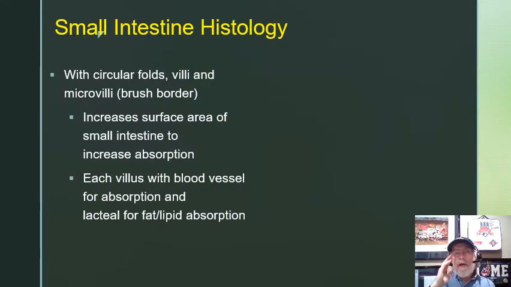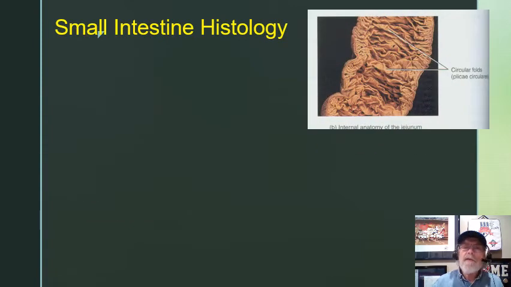And what happens also, the small intestine has, besides the villi, they also have circular folds. Okay, and I'll show you an image of what that looks like. Let me just pop up that image right now. Should be coming up, I think. Maybe not. Anyway, what happens, oh yeah, there we go. Let's try it now. That's it right there. And these little folds, okay, they're called plicae, okay, and these plicae also increase the surface area that we find